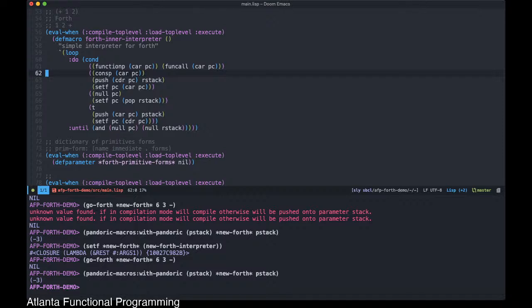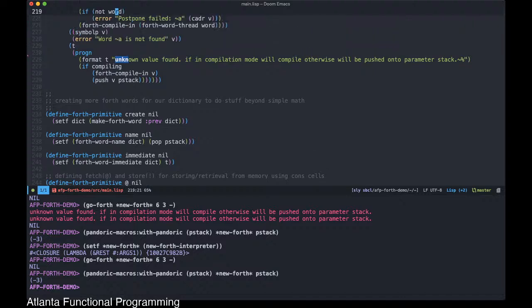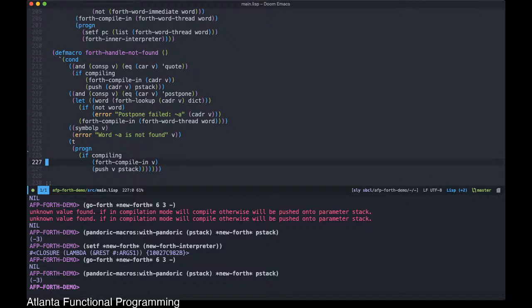That's going to be in this function. Handle not found. Otherwise, push V onto the parameter stack. If in compiling mode, it would try to compile, but it's not in compiling mode. We'll just put the parameter in. So this should be correct, but